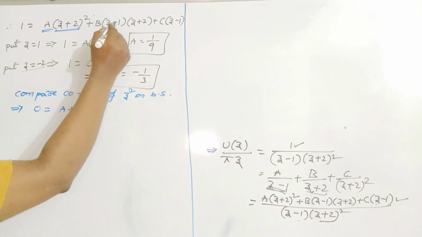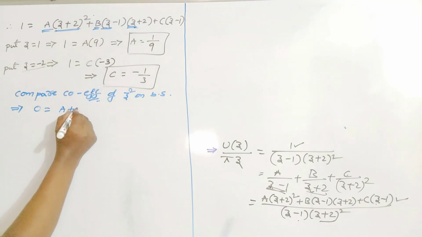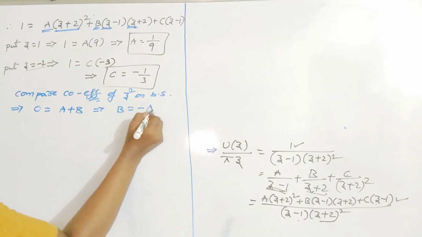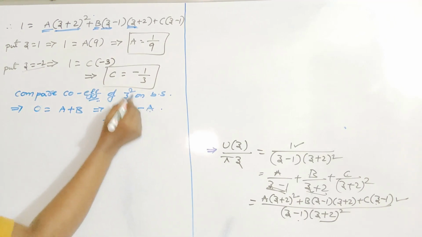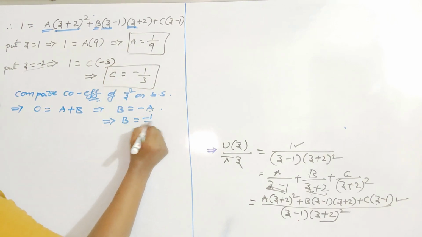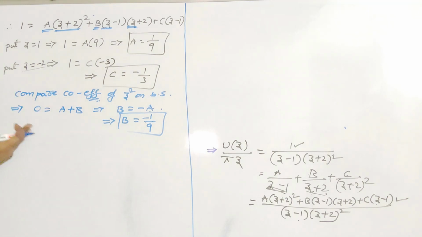Here also, by multiplying these both terms, the first term is Z into Z square, whose coefficient is only B. A plus B is equal to 0, so B value is opposite sign of A. Already we got the A value as 1 by 9, so B value is minus 1 by 9. In this way we can get the ABC value. So this method is the basic method of partial fractions, which is discussed in our intermediate stage.